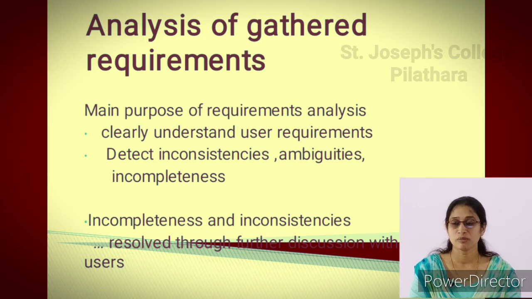In the requirements process, the main focus of analysis is to identify the requirements problem. For this, we have to go through all the gathered requirements and clearly understand the customer needs, and then analyze to identify and remove requirements problems. There are three main problems that typically exist in gathered requirements. These are called inconsistencies, ambiguity and incompleteness. Let us find out what these three problems are, and how to identify these problems.